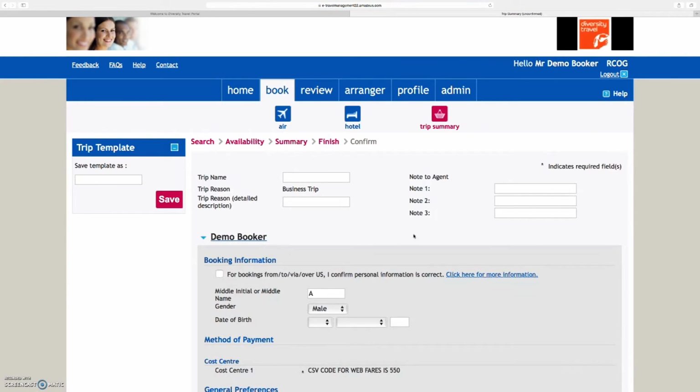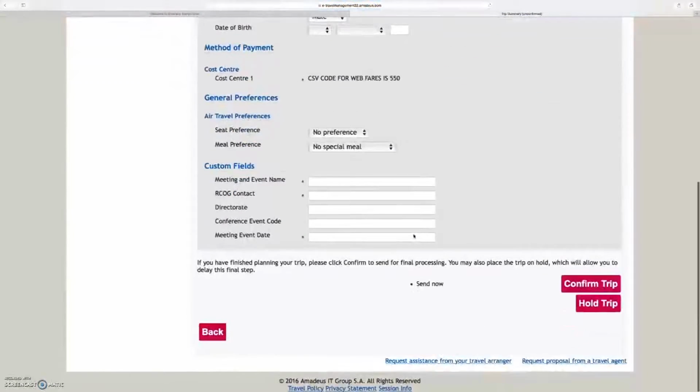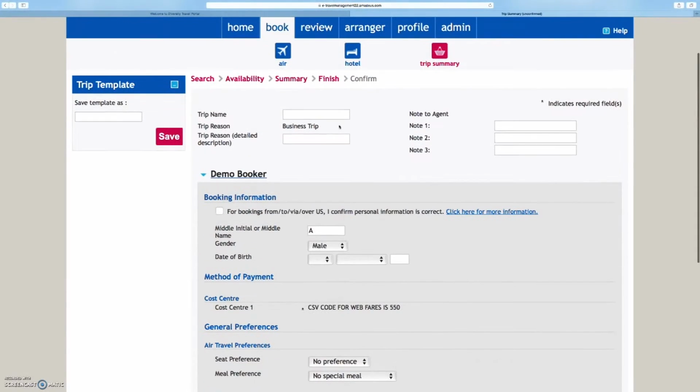Any information that is required by the airline or carrier will automatically be pulled through from your profile information, and anything that requires completion will be blank, so you can manually enter the information. If you have selected a low-cost carrier, also known as a web fare, the booking will be made directly on the airline's website. Therefore, you'll be asked to enter the security code for the credit card that will be used